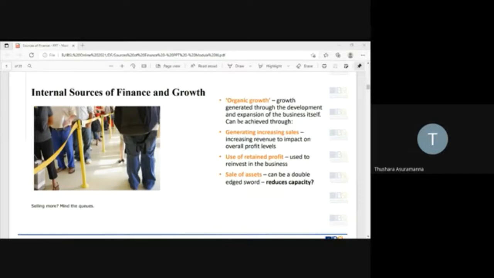It's an internal source that you can use to increase your financial capacity, financing position of the firm. So organic growth is a very easily available option, strategy to finance the business. Can be achieved through increasing sales, using retained profits, or selling some of the assets. Fine. Then we move to